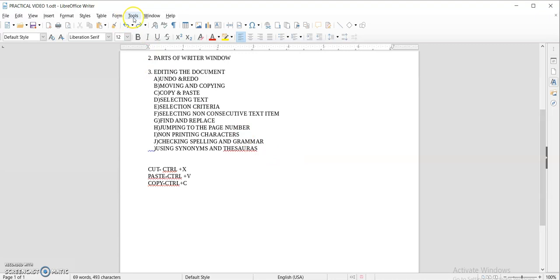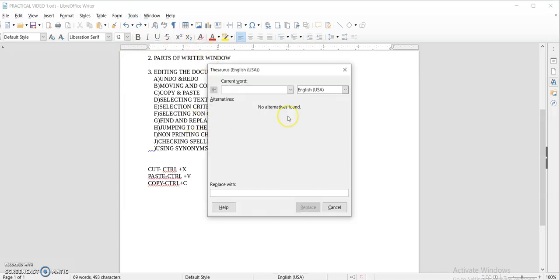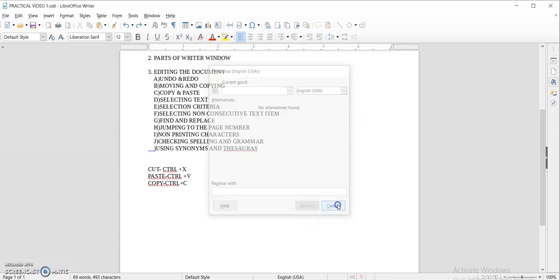Now, if you want to use different synonyms, you can also use the different synonyms from this toolbar and you can check whether any other word of your word is present in the dictionary or not.